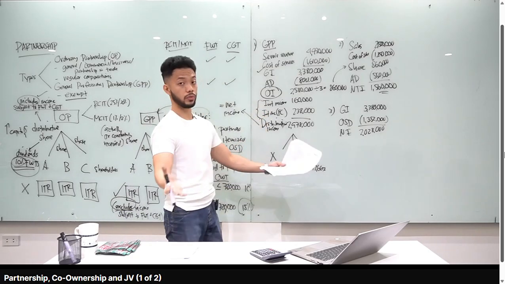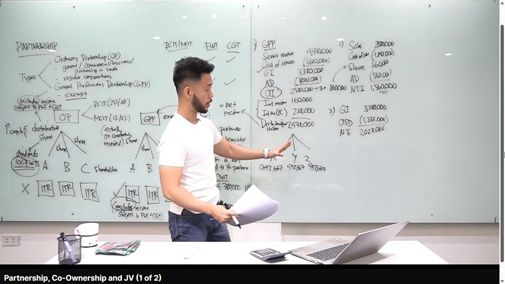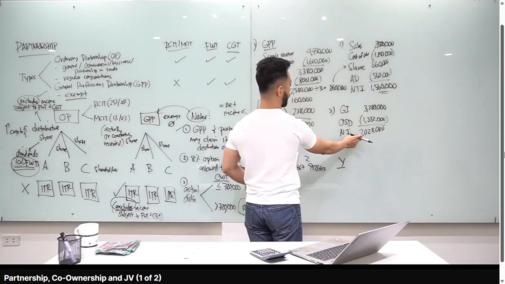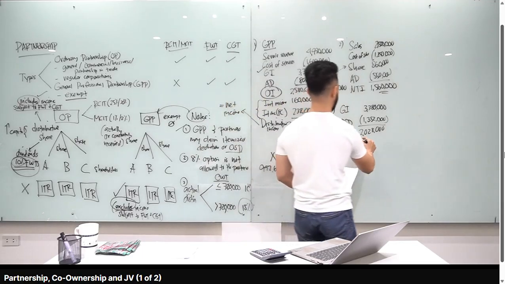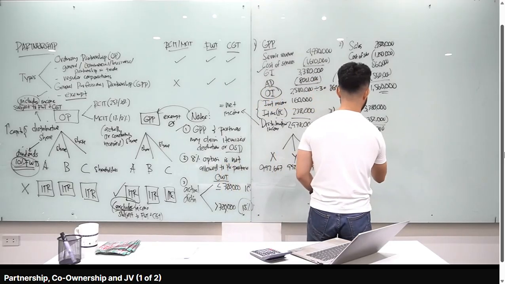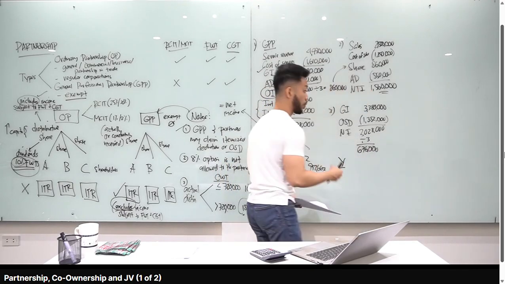2,028,000. Since ang tanong class is si Y, hindi ko na ilalagay dyan yung income subject to final tax. Tama? Hindi naman distributive income yung tinatanong. Ang tinatanong dyan, how much yung babayaran ni Y, okay? So, ang gagawin ko dyan, since ito, operating income lang yan, tama? Di-divide ko by 3. Okay, 2,028 divided by 3, 676,000, ito yung share ng mga partners na mapupunta sa separate